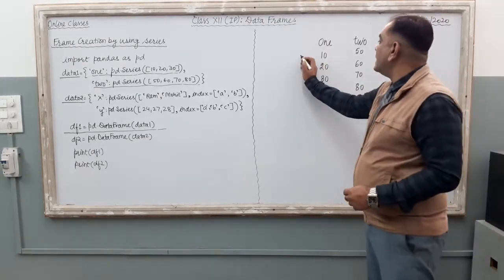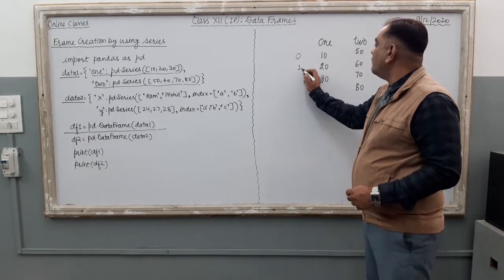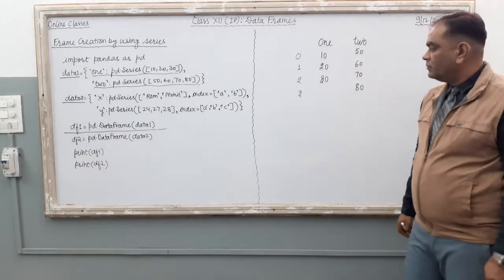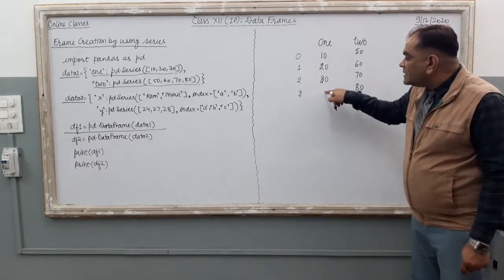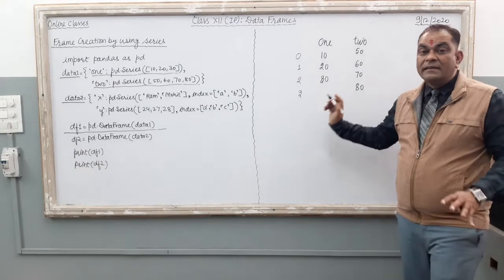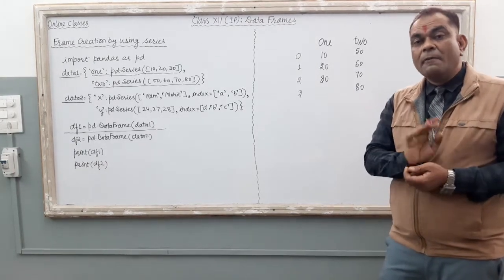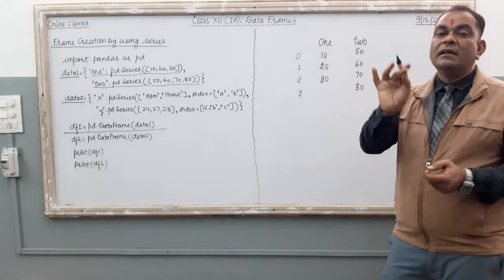तो अब कंप्यूटर इंडेक्सिंग करना शुरू कर रहा है. 0 का इंडेक्स 1, 2 and here it is 3. Now the value is missing in the first column. जब किसी सीरीज की वैल्यू मिस होती है तो क्या यूज करता है कंप्यूटर? कंप्यूटर पुट NaN at the missing value.